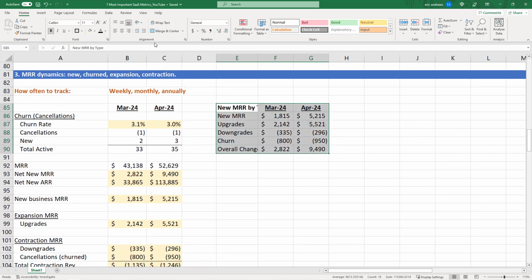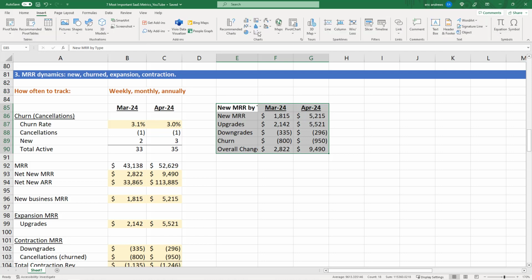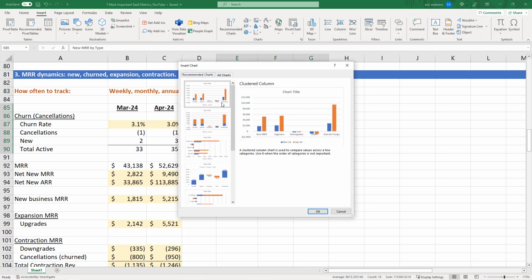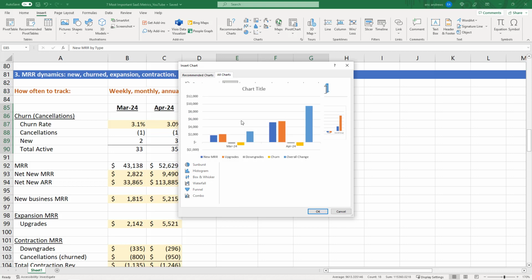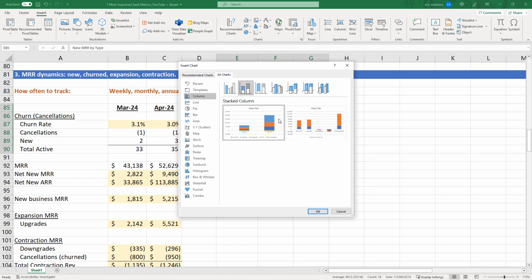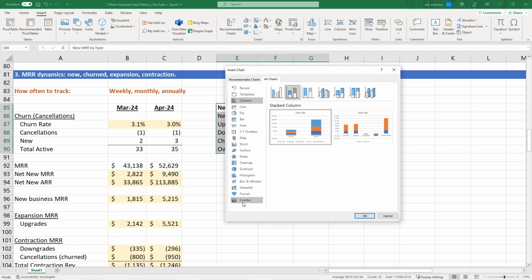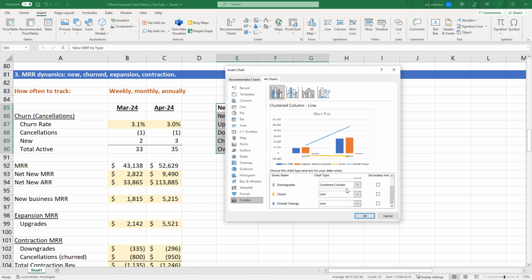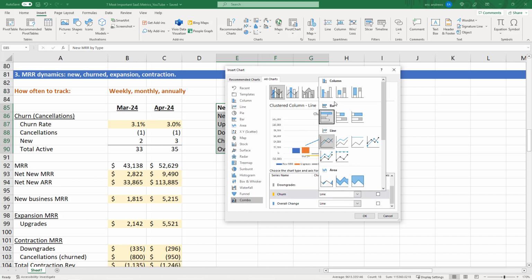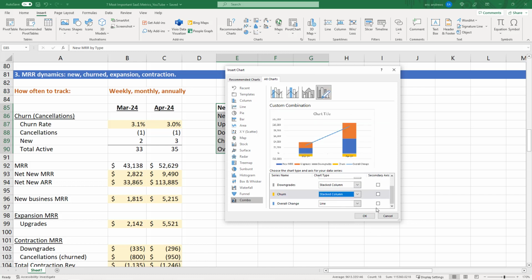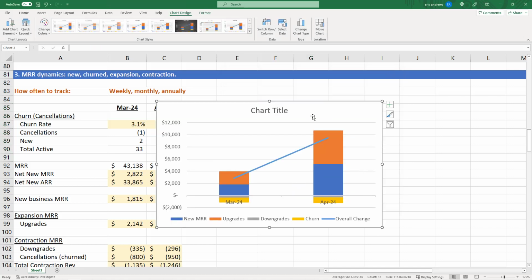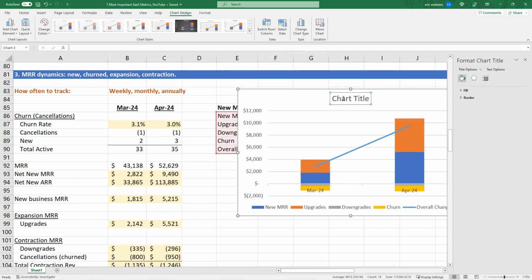But they'll show it on a chart that looks kind of something like this. I'm just going to do this in a basic way, just so you have a sense of what the chart generally looks like. So let's see, cluster column. Yeah, it usually looks something like this. And so you'd see like